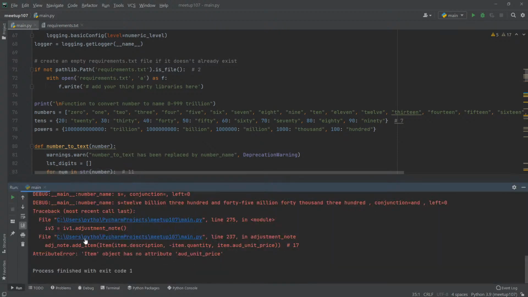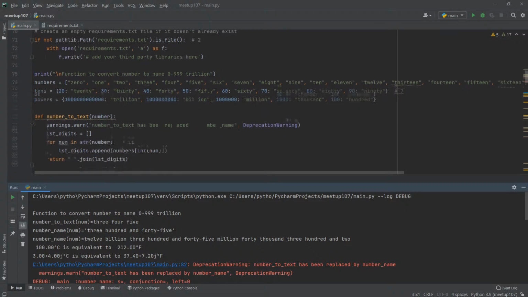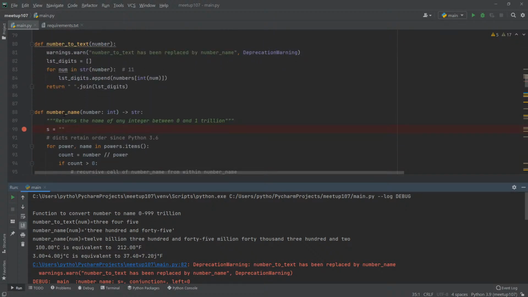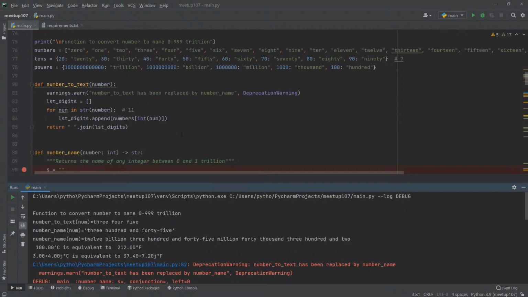In the run, number to text for 345, it just converted each digit, so 345, while number name for 345 gave us the full name, 345. So we might decide that we're going to replace this function with this one, but we don't know if anyone's still using this old function. So what I did is I put a warning in there to say it's been replaced by another function called number name, and this deprecation warning. And that way